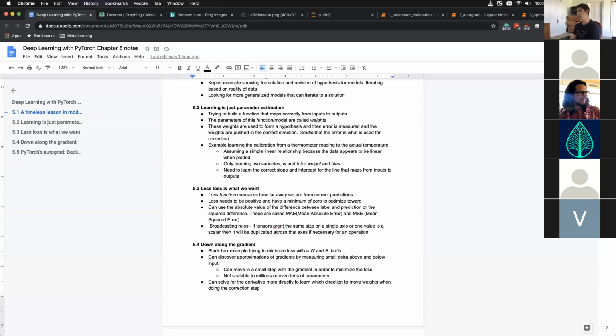To start off, they can look at it in various different ways. They wanted to look at the loss function first, basically the metric of how close we are to the correct prediction. The important thing to note with this is that the loss is positive, and we're trying to make it as close to zero as possible. To make that assumption true, you can either take the absolute value of the difference of your predictions, or you can take the square of it. To put that in more concrete terms, what